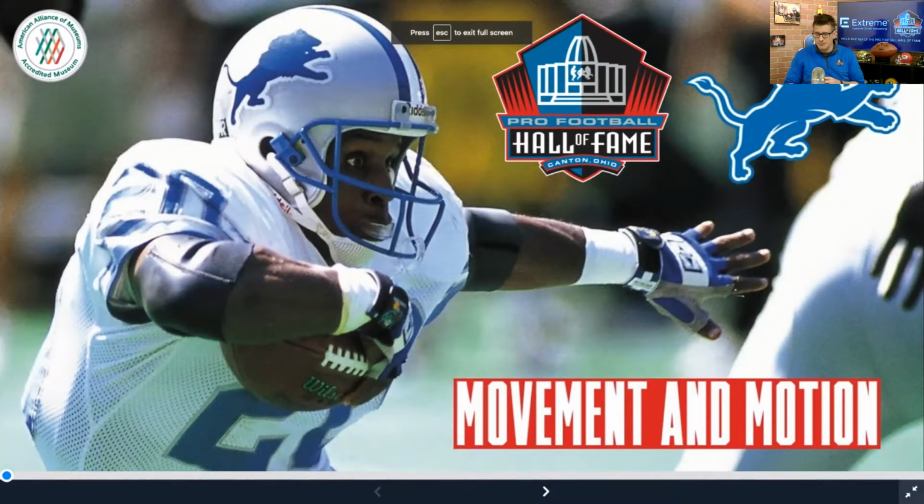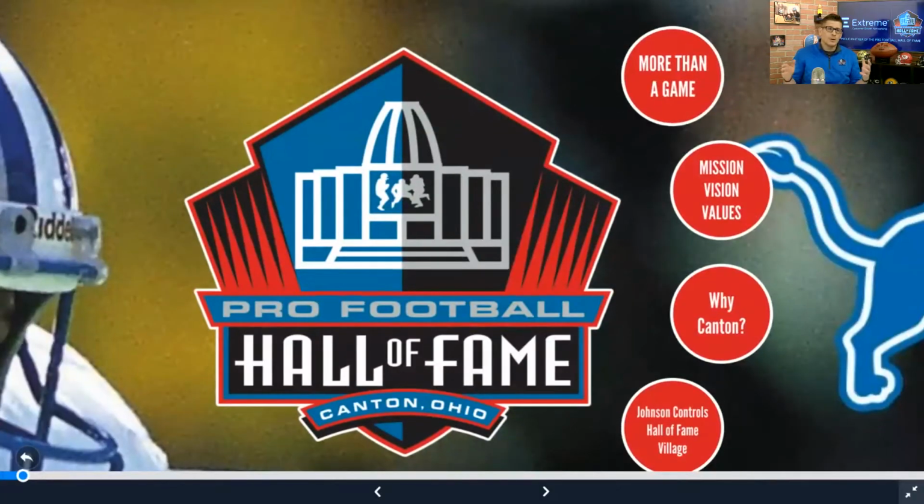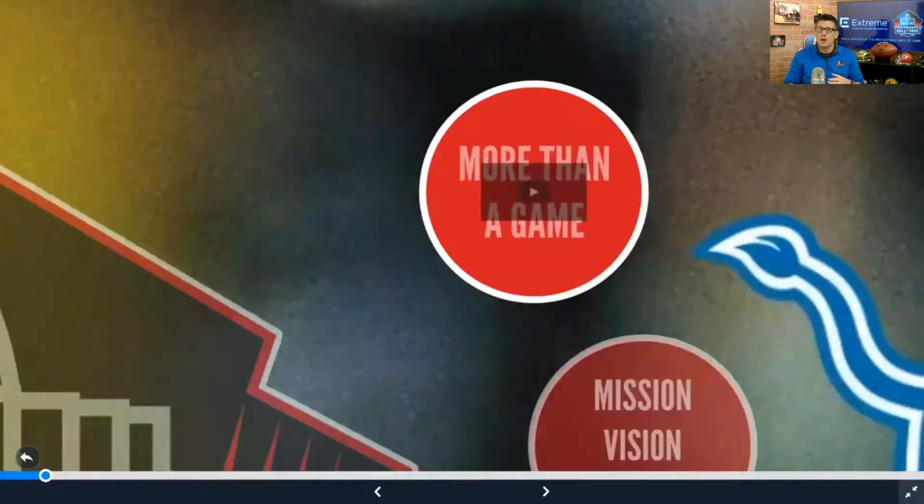We're going to talk about science and football. But before we do that, and we won't be able to go through all these slides because we're trying to condense this down from a 50 or 60 minute interaction that we would do with students over video or in person on a field trip, and break this down to maybe 15, 20 minutes for you guys to watch as a video. And we have a more-than-a-game video that we show.